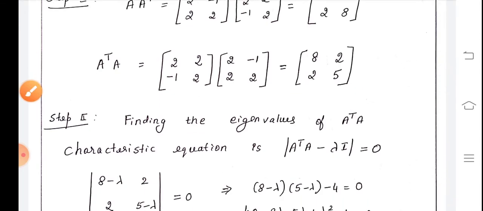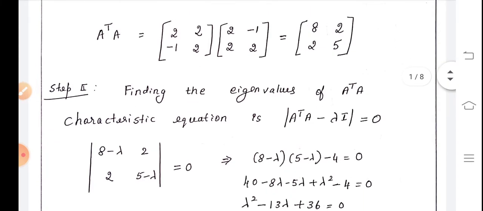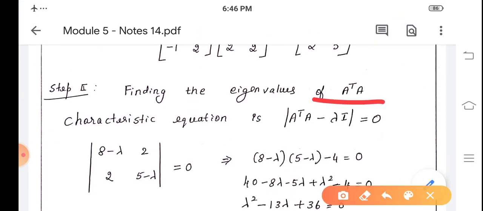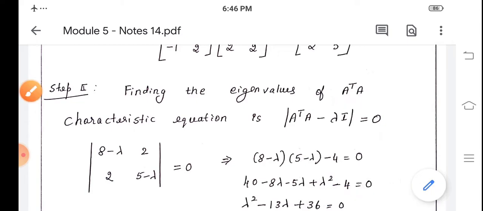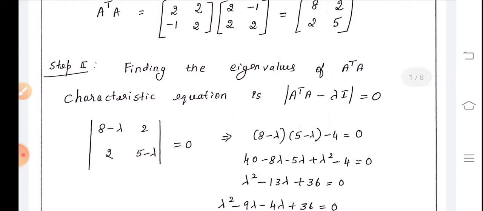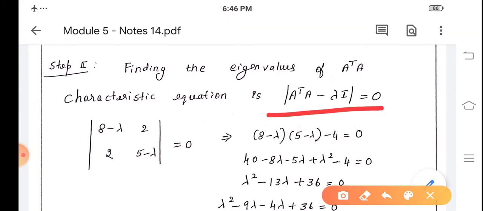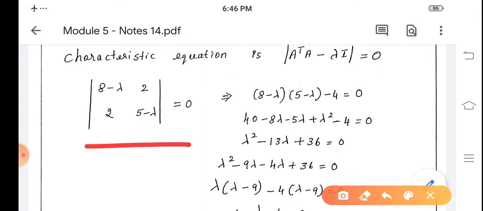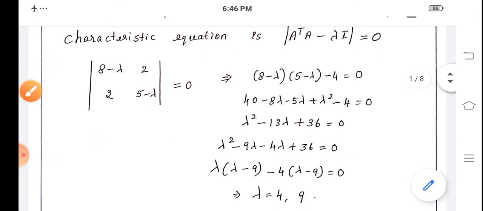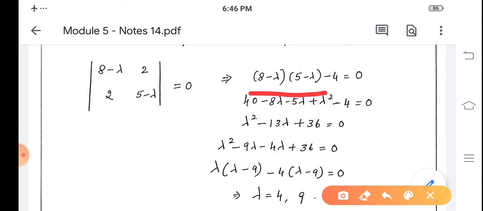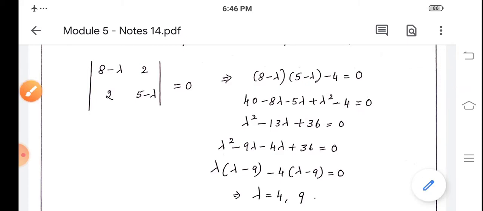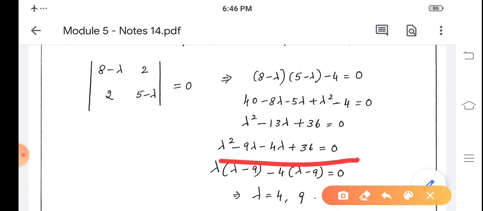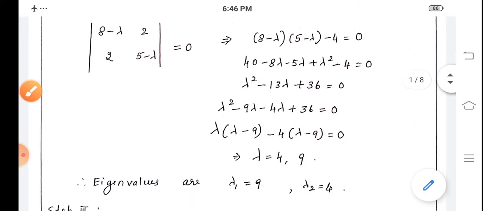In the next step, we find the eigenvalues of A transpose A. Step number 2, finding eigenvalues of A transpose A. To find the eigenvalues, we require the characteristic equation. The characteristic equation is determinant of A transpose A minus lambda I equal to 0. That is, determinant of [8 - lambda, 2; 2, 5 - lambda] equal to 0. That gives (8 - lambda)(5 - lambda) - 4 = 0. On simplifying this, we obtain lambda squared minus 9 lambda minus 4 lambda plus 36 equal to 0,